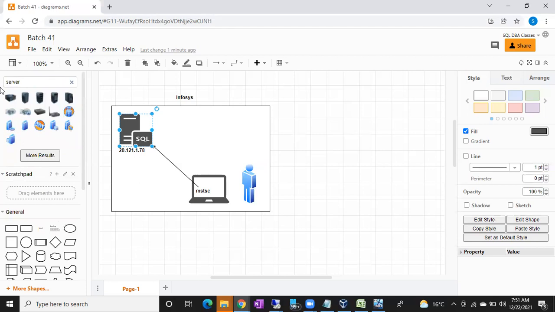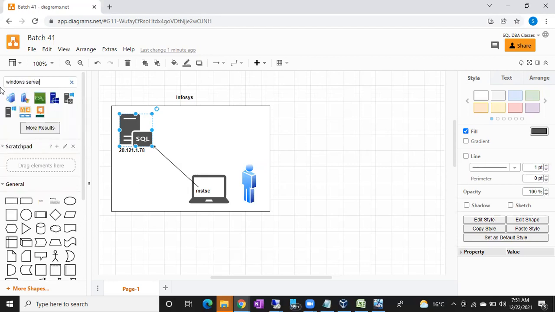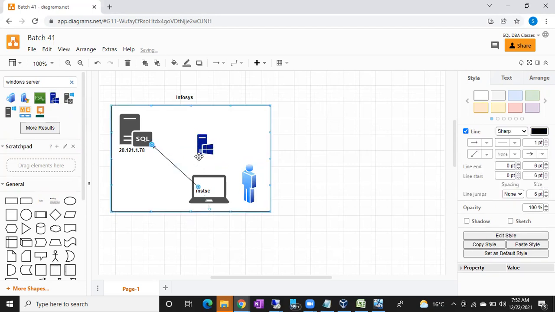Windows server. Okay, done. So sometimes what you have to do is first connect to this jump server because of extra security, nothing else. The same process we are going to follow.